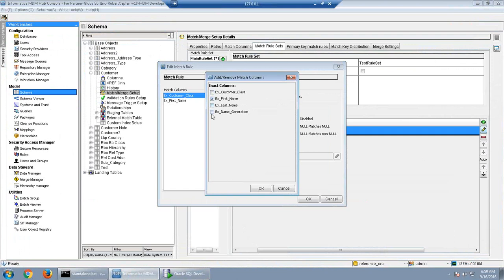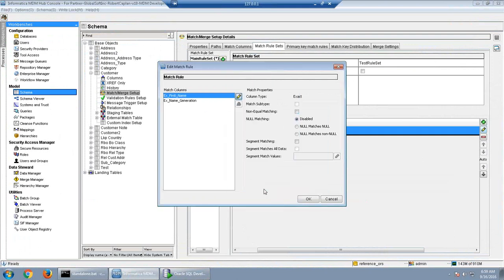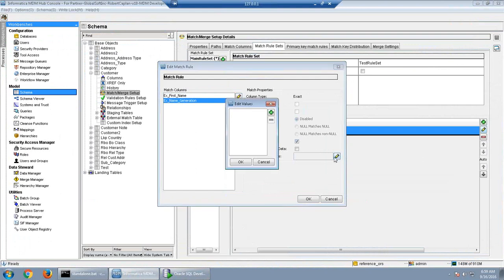Here we will take the first name column and the name generation column, these two columns. For the name generation, we will enable the segment matching. So we have to come here, enable the segment matching, and then set segment matches value. Once we click on this edit button, we can add values like P, Q. This is like an in operator. If I give P, then only P records will match with each other.